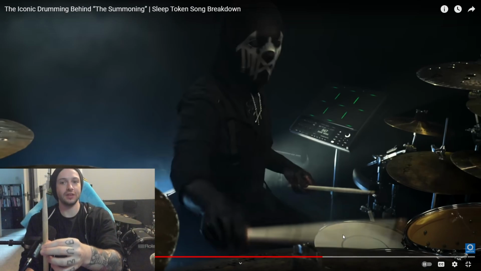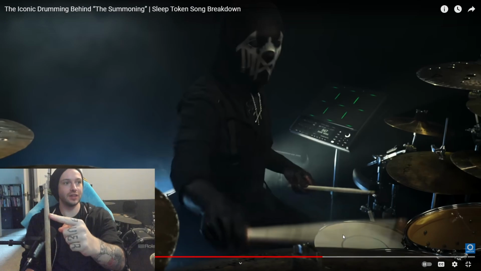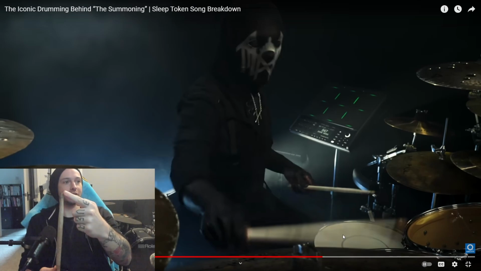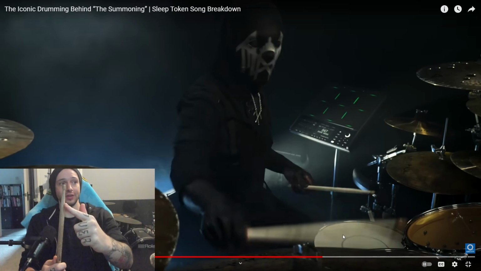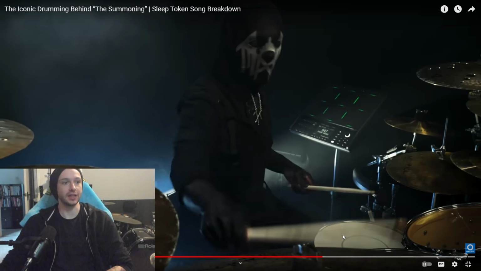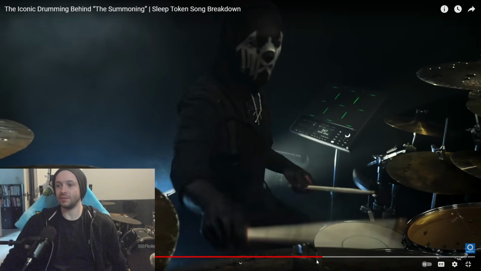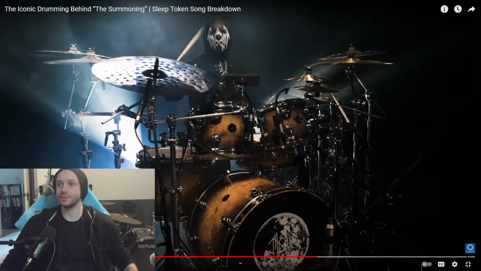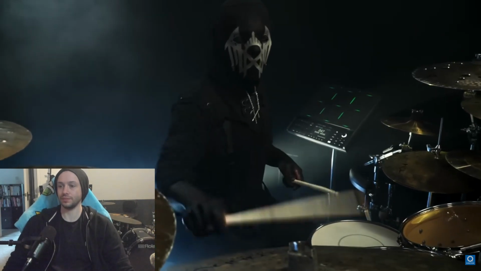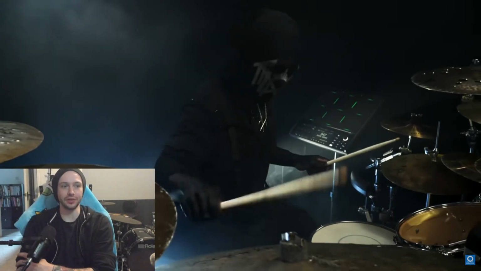The key to a good bell sound is this part of the stick here is what you hit the bell with. Usually when you're playing a cymbal or the bow of the cymbal, in the case of the ride, you use the tip of your stick. When you move to the bell, go for the shoulder, and it'll give you that big sound like he's getting here. Sounds so good.